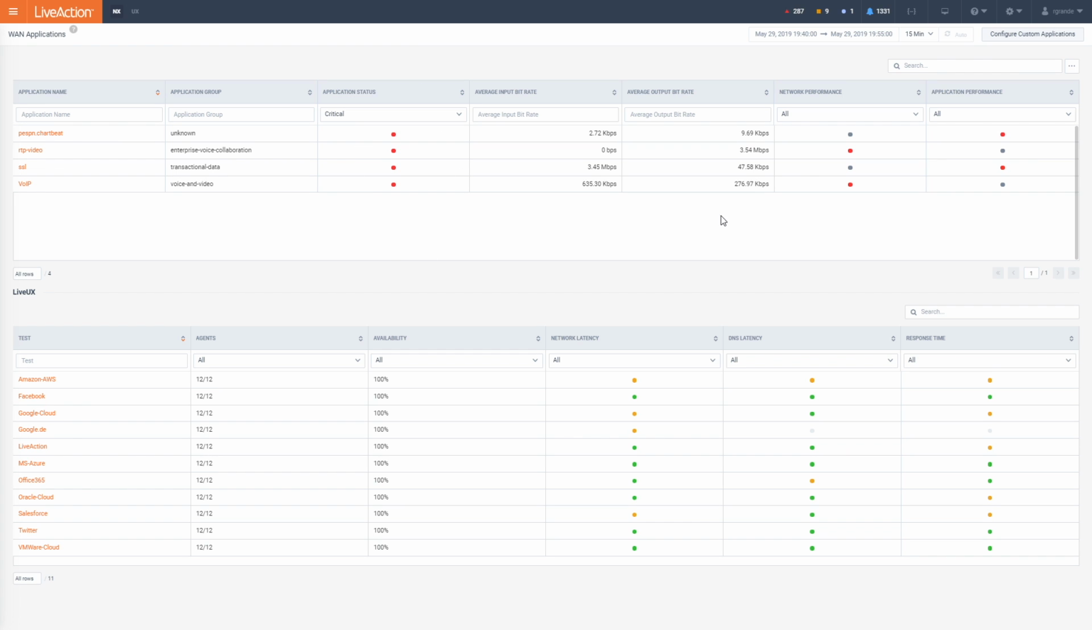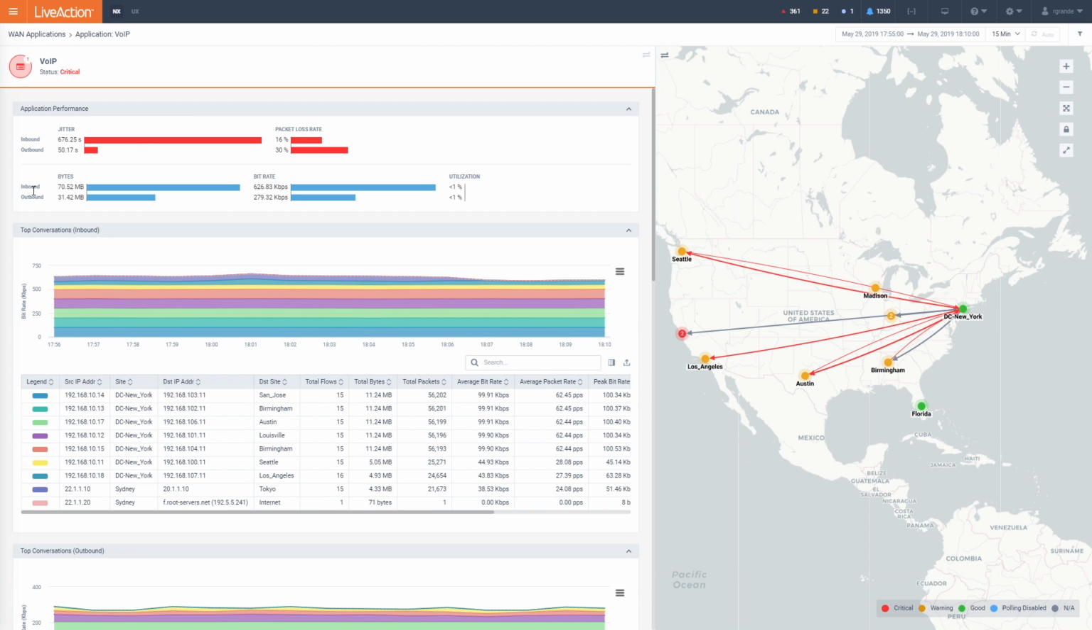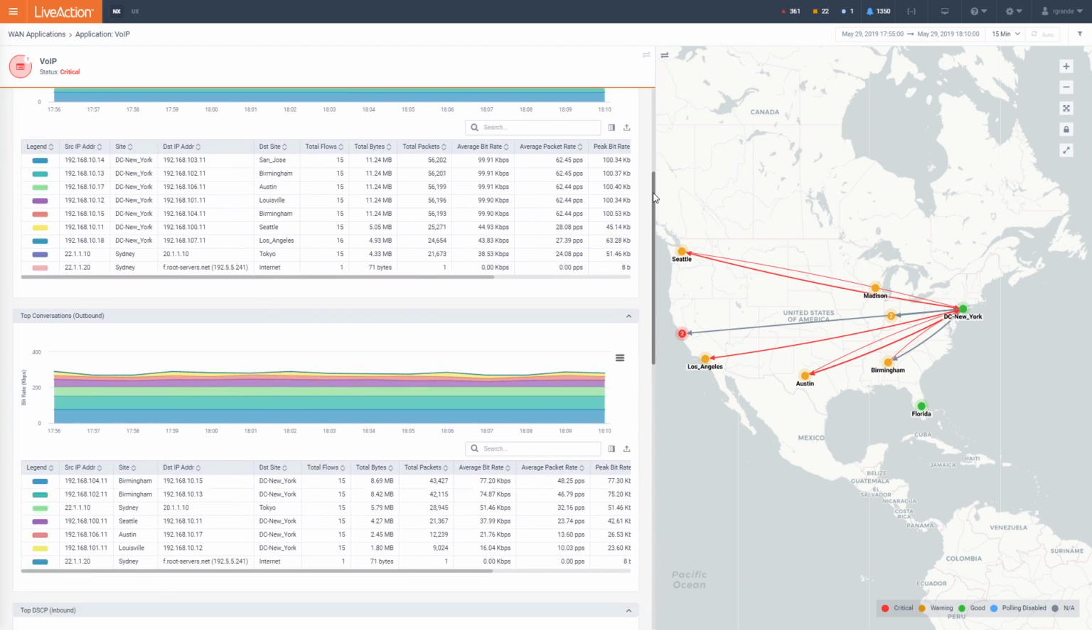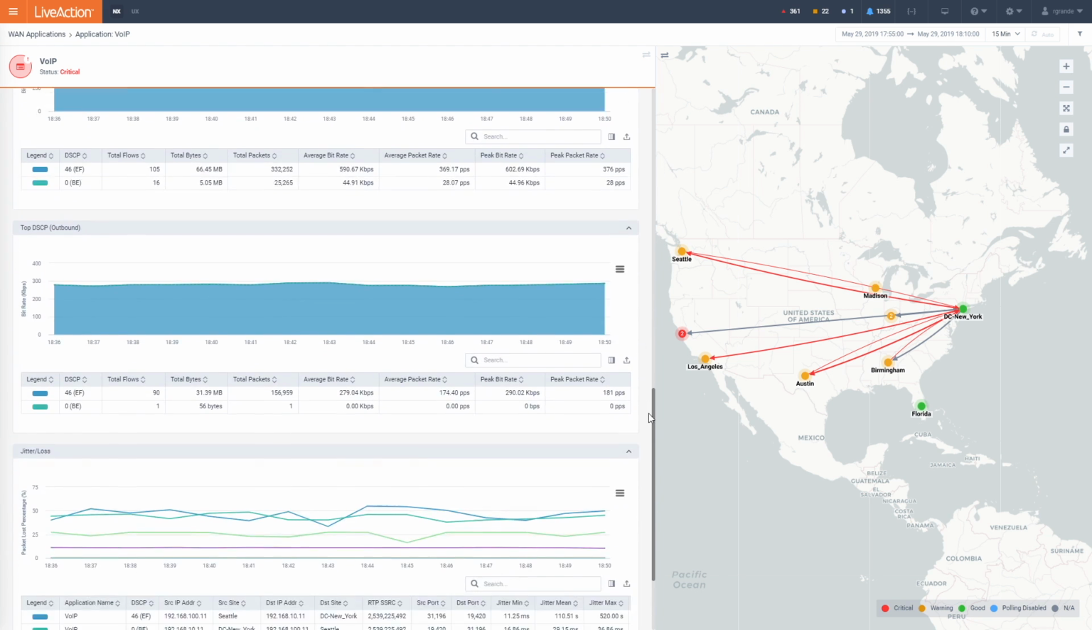status and gives us access to information like whether or not those apps are in violation of network performance or application specific performance thresholds. By clicking on the name, it's going to take us to the actual application specific page. And here we're going to be able to see all of the NetFlow analytics for this particular application across our